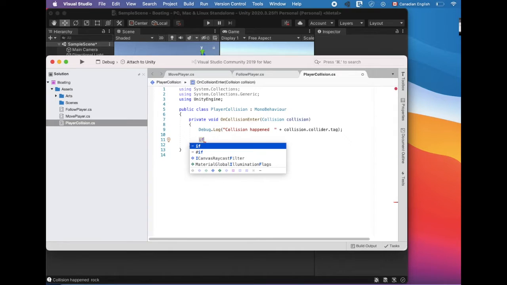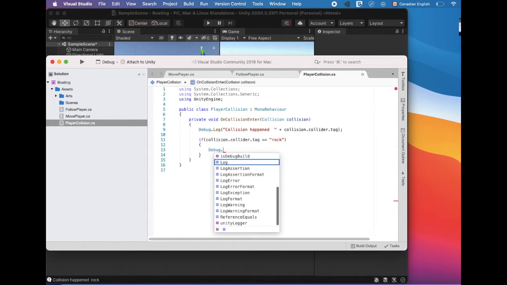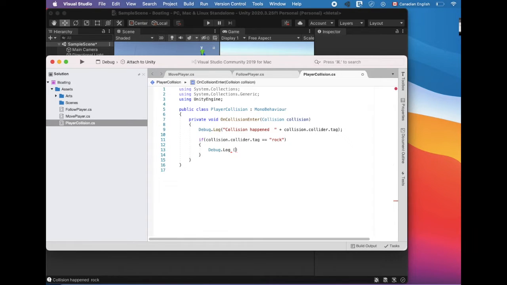To do so, we need to use an if statement, and we can check if the tag is equal to rock, and when it happens, we can print lost the game. And also